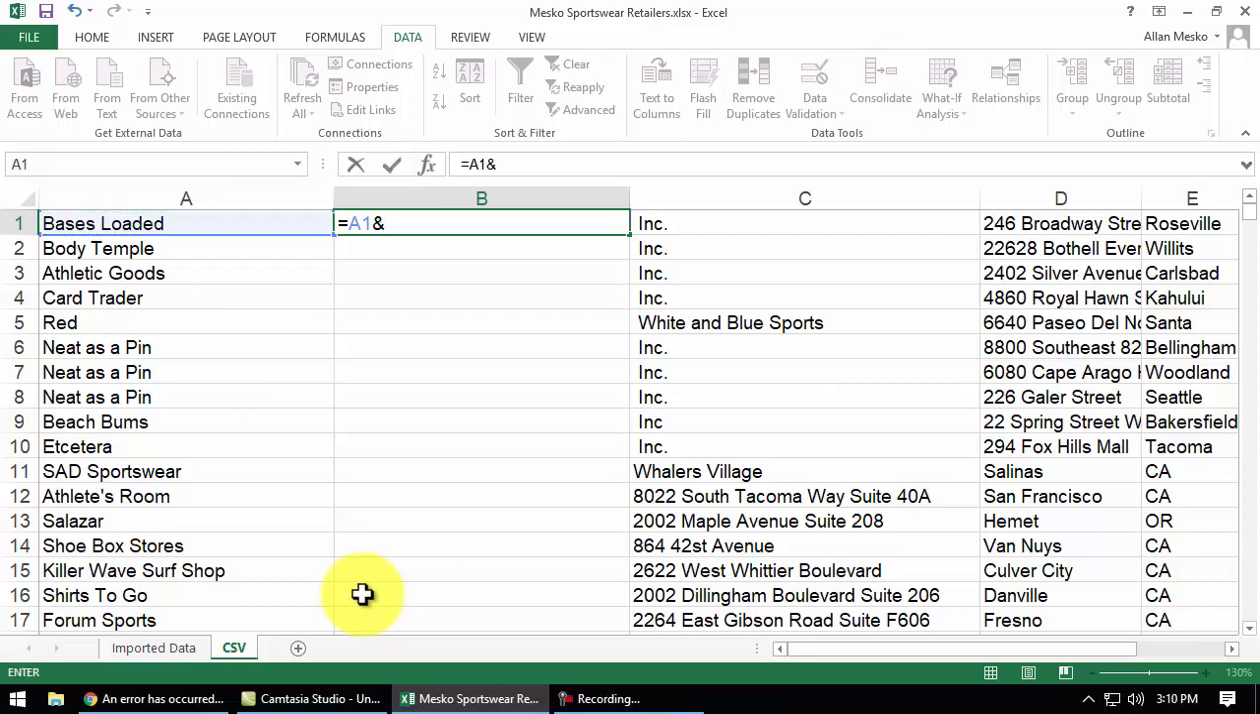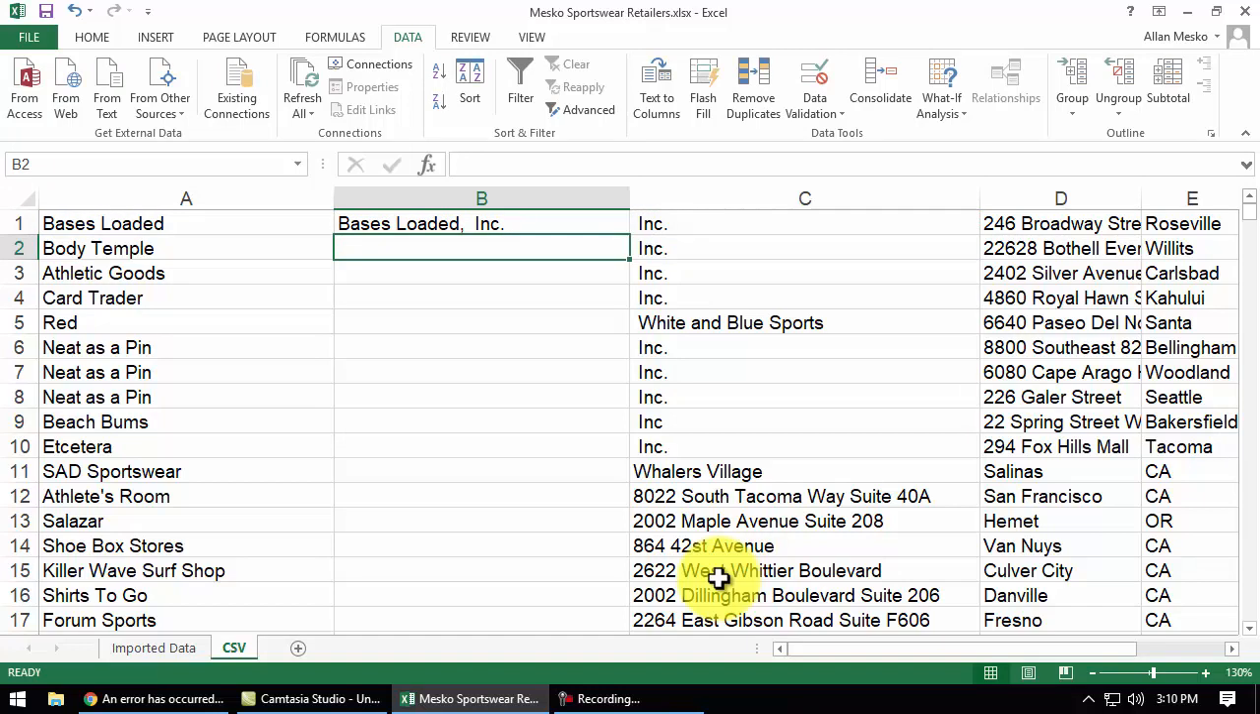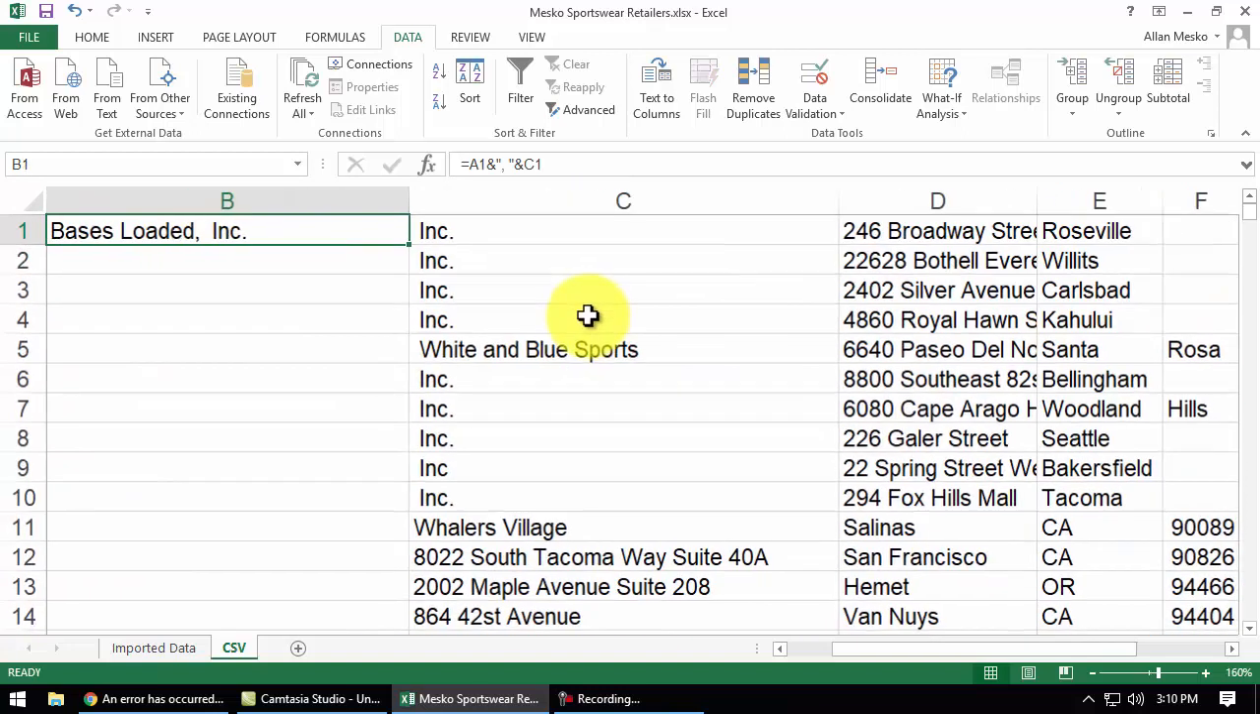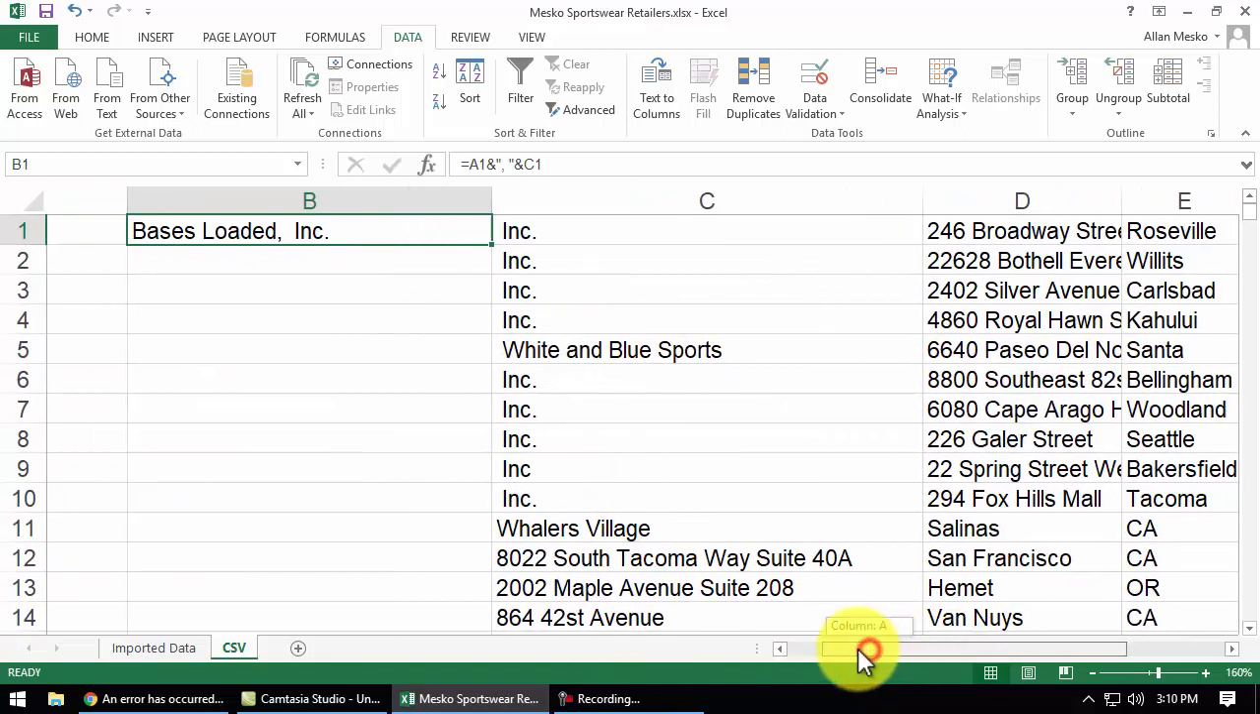concatenate it, ampersand, with a comma. That's how it used to be. Actually a comma and a space. Comma, space, and then put this thing after it. So this should say bases loaded, comma, space, incorporated. And when I press enter, that's exactly what it says. Bases loaded, comma, incorporated. So there is our formula,